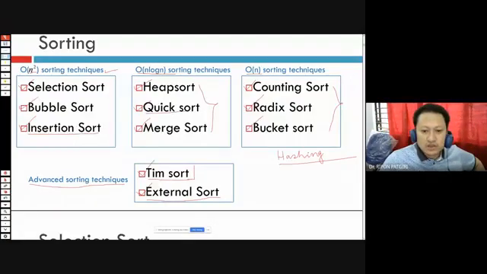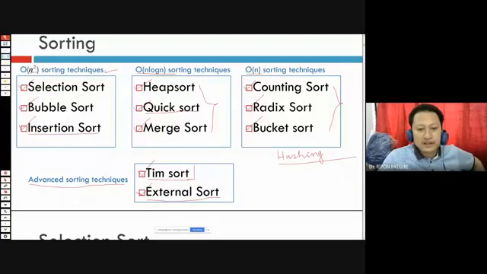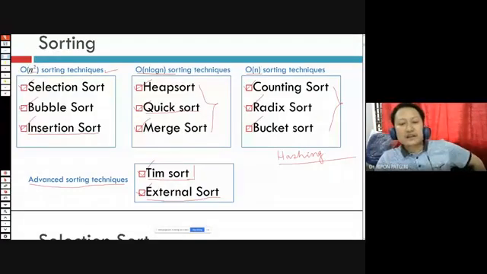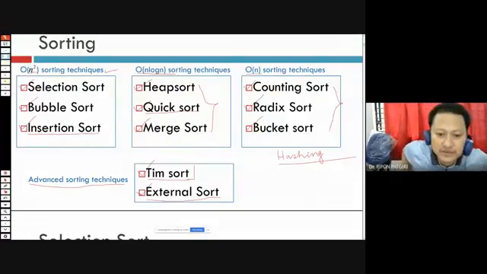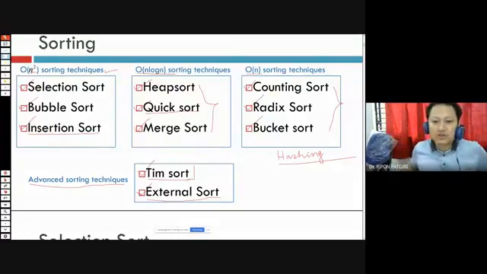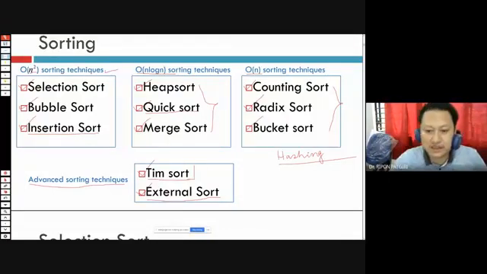Here also we will see the advanced version of quick sort. We'll highlight a little bit the median techniques, and in the algorithm section you are going to get what is median of medians, and how you are going to improve the quick sort technique.